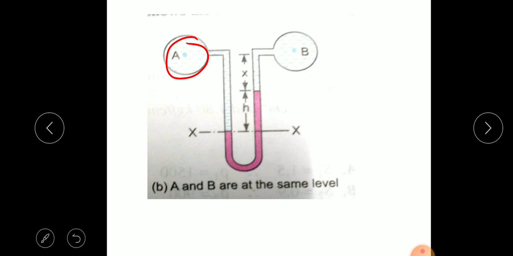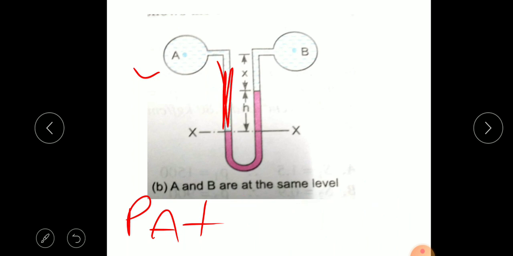So we can write the energy balance equation for the left side. The pressure on the left side will be the pressure due to the fluid in pipe A, pA, plus the pressure because of the liquid column. This column is H plus X. Suppose the density of the fluid is rho 1 and g, and the liquid column is H plus X. So this is the pressure in the left column above the datum line: pA plus rho 1 g (H plus X).